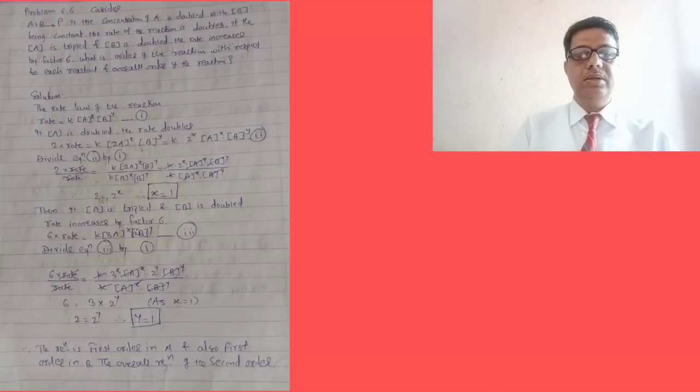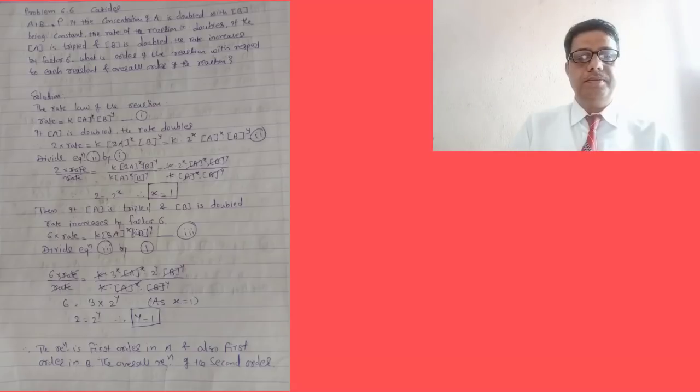What is the first condition? The first condition is, if we increase the concentration of A to 2, that is, doubled, while keeping the concentration of B constant, then the rate of reaction is doubled. This is the first condition. Now, what is the second condition? If the concentration of A is tripled and the concentration of B is doubled, then the rate increases by a factor